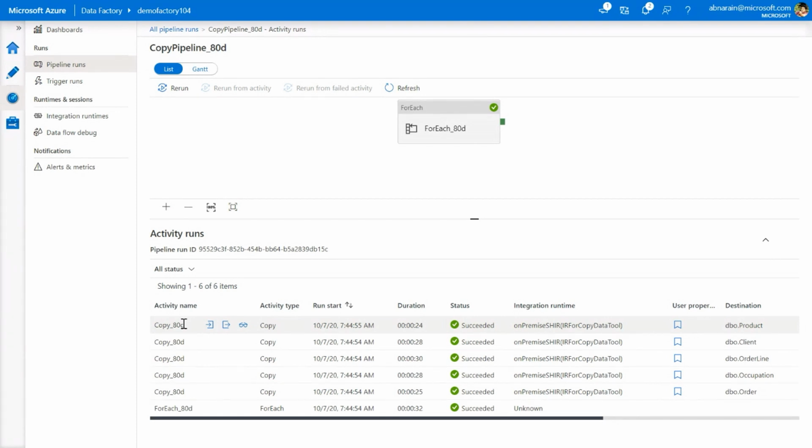It does come in really handy because you don't have to author 100 different copy jobs. You just author one of them, and then ADF takes care that it creates a beautiful control flow and iteration logic there so that it can help you with authoring these kinds of pipelines very, very quickly.